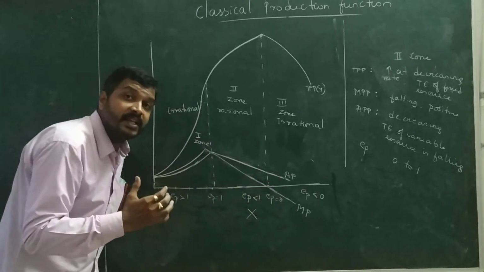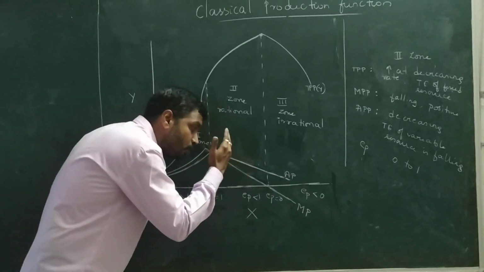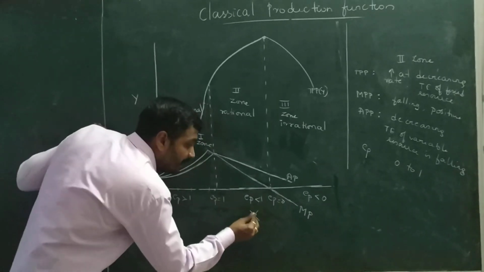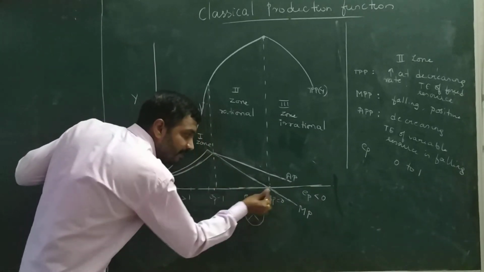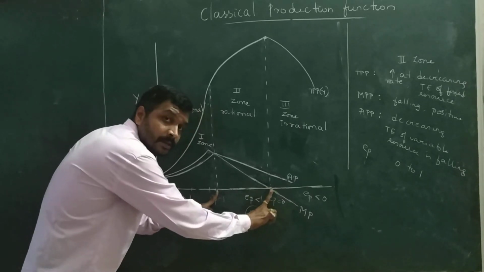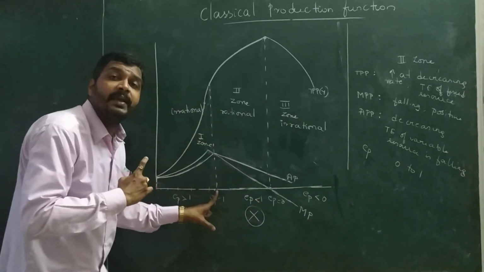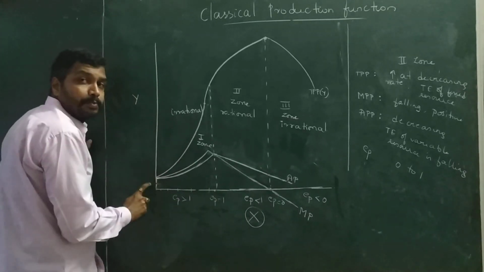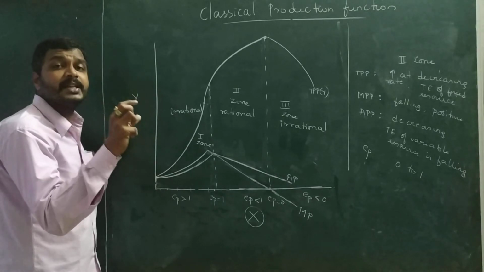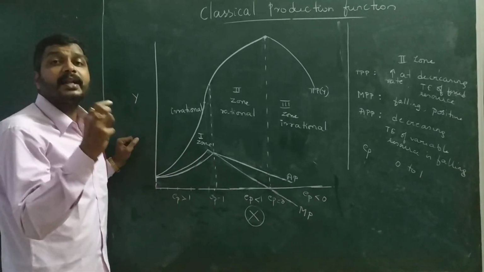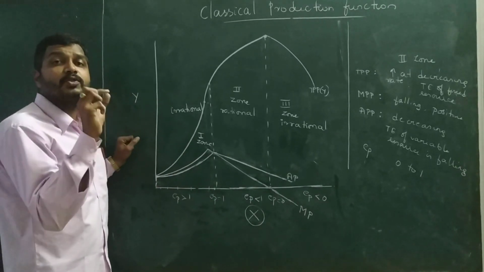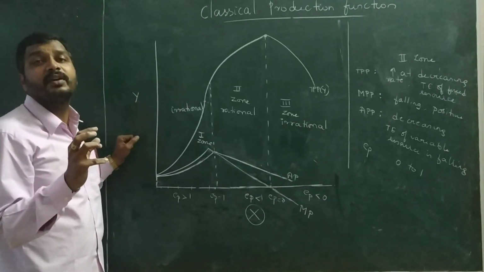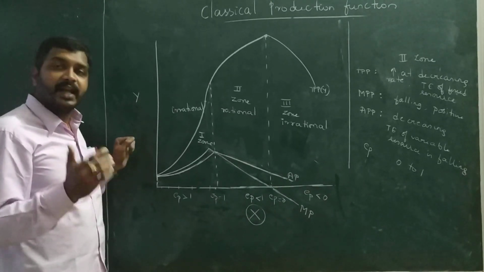Now the question is where actually he should stop input application. Now we should decide that level of x within this range, which will bring him maximum profit, or what level of output he should produce such that his profit will be maximum. That basic question we call the determination of optimum level of resource use or optimum level of output production. Okay, that we will understand.